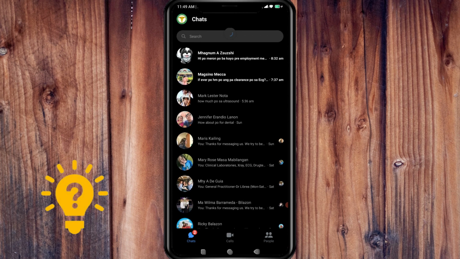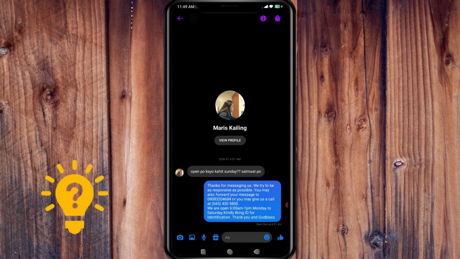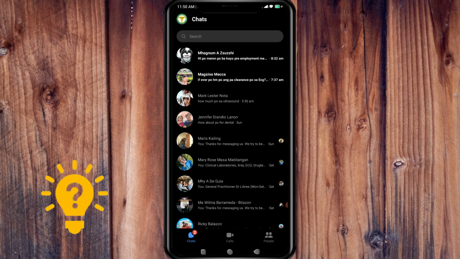And as you can see here, we have an instant reply where you can see the numbers that you can contact, the opening times, and the instructions. You can use your mobile to edit some of the details, like if you press the profile picture